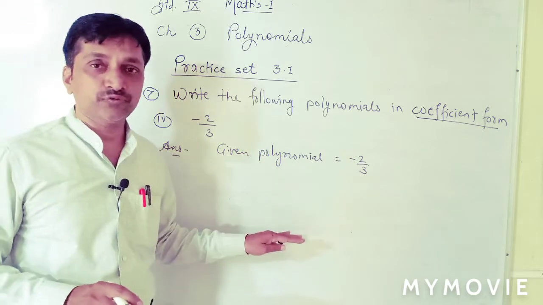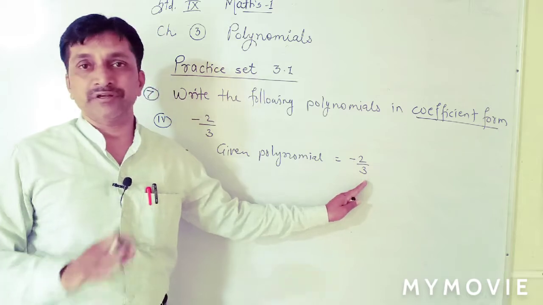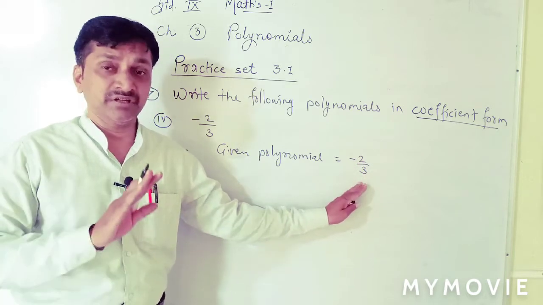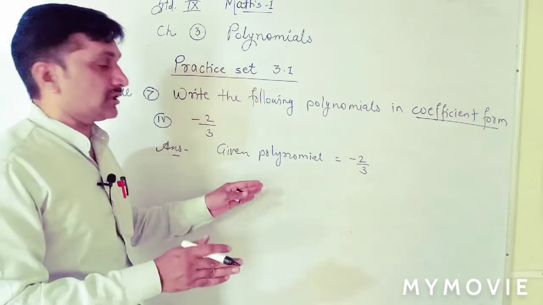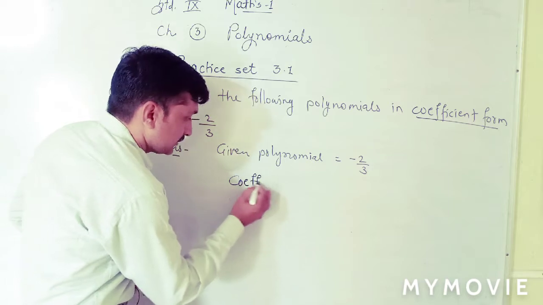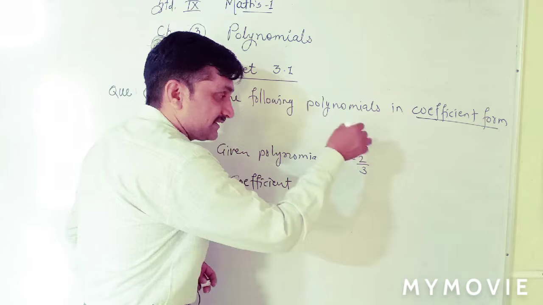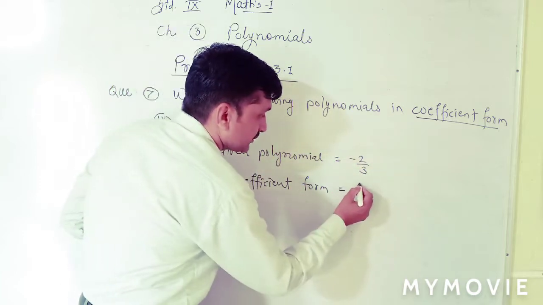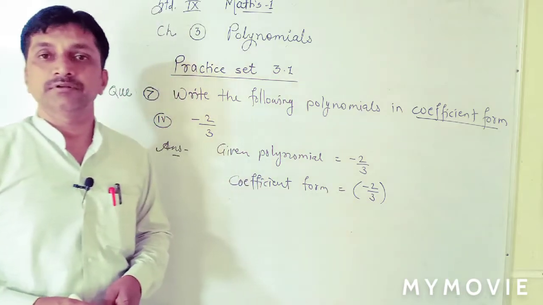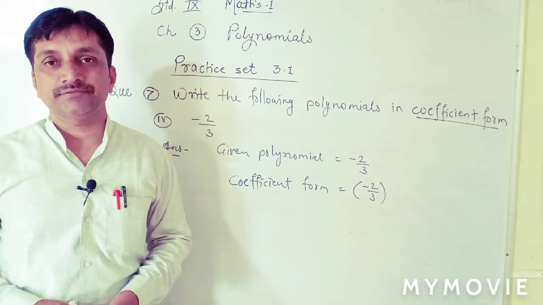After that we want index form. Index form means we have to write all the missing terms. This is the last term, that's why nothing is missing there. Nothing is missing, so index form is also no need to write. And after index form we write coefficient form. It itself is the coefficient, therefore in bracket minus 2 upon 3. It itself, minus 2 upon 3, is the coefficient form of that.